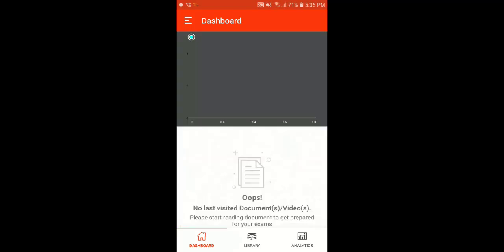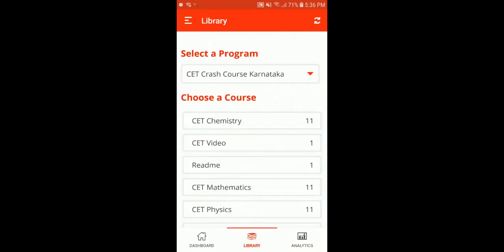Okay, I'm going from dashboard to library. Once the syncing takes place, the app is ready to use. However, you need to download the chapter and all the modules so that the app works offline also. However, in order to use the app in offline mode while taking a test, each test has to be downloaded separately.